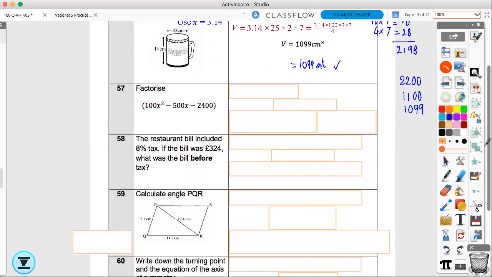Okay, so the next one, I've got to factorize. First thing, I've got a lot of zeros here. But factorizing is trying to find a highest common factor, for example. So if I was to find a highest common factor here, they're all multiples of 100. So you can say this is 100 times x squared minus 5x minus 24. And that becomes easier now,